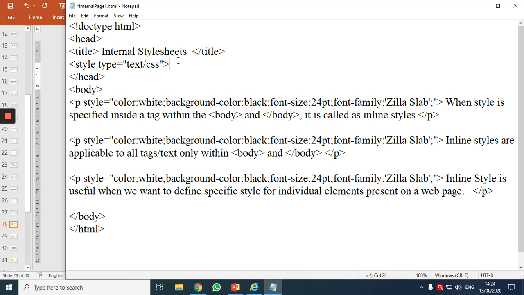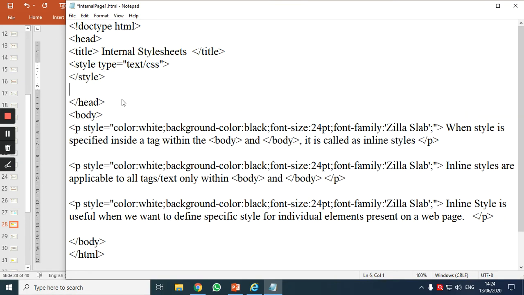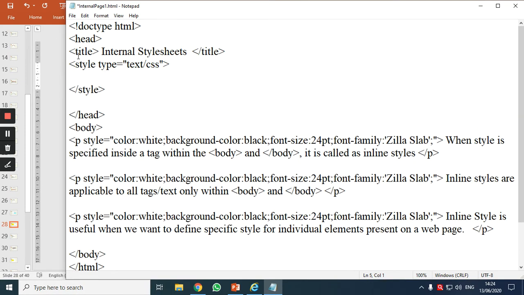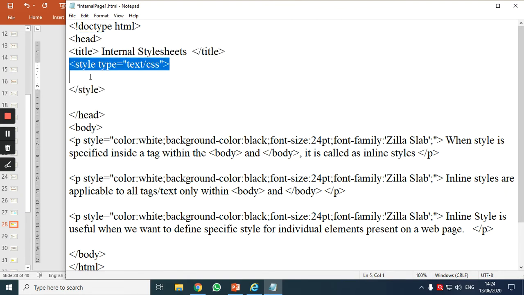And as it is a paired tag, it should be closed. See, where have I written the style tag? I have included the style tag between the head and the head close. Okay, you can write this after the head or you can place it after the title.